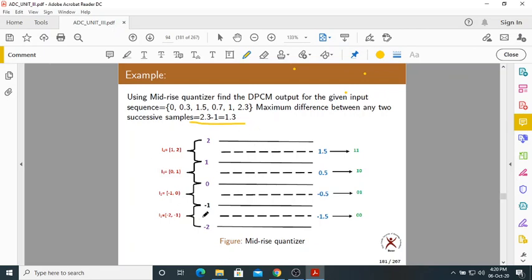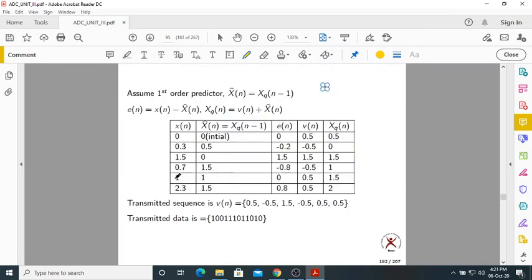Now I will design the quantizer accordingly, because here I have to quantize the difference between successive samples, not the samples themselves. That's why I took this. This diagram and this table give us all the required terms. I am using the first order predictor. As I told you, the first order predictor means the output of the predictor is nothing but